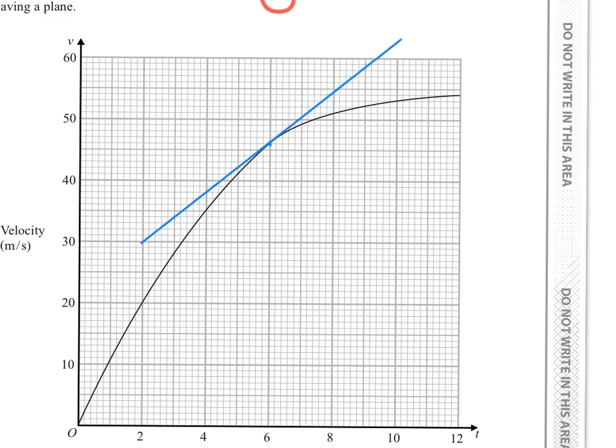And I'm sure in the exam they'd give you some leeway, so I'm probably going to leave it around there. Okay? Now, if you looked at the gradient of that tangent there, that would give you a really good approximation to the rate of change of velocity with respect to time at that particular point,